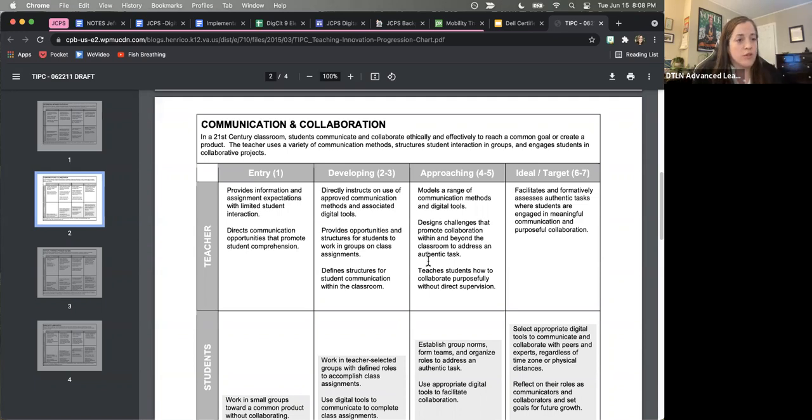Jamila, in the work that you do, this would be something you could use as a tool with your teachers to help them reflect on where they are now and where they might want to head, especially with the digital literacy component or digital citizenship work. It's also our tool, our basis for the work we're going to do for the Dell certification. Any wonders or questions right now? Like I said, it's a lot of information, the whole big chart, but we're going to piece through it as we go. I just wanted to give you a quick overview.